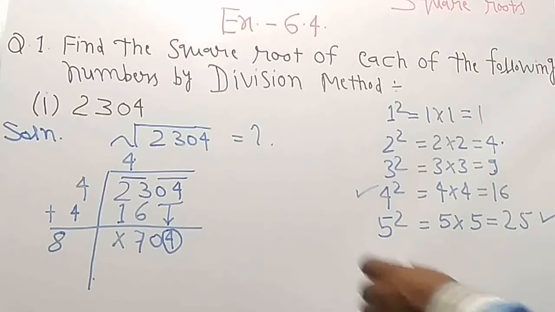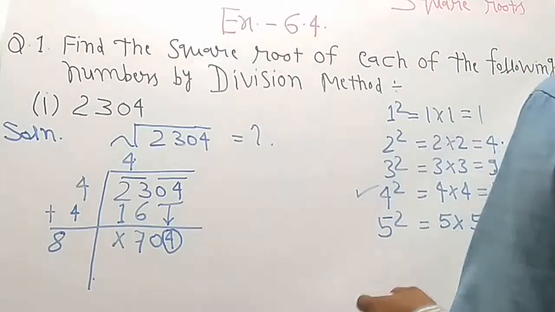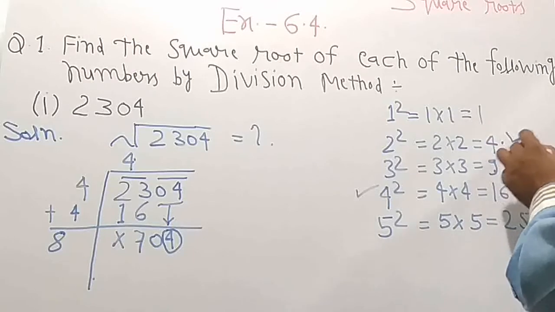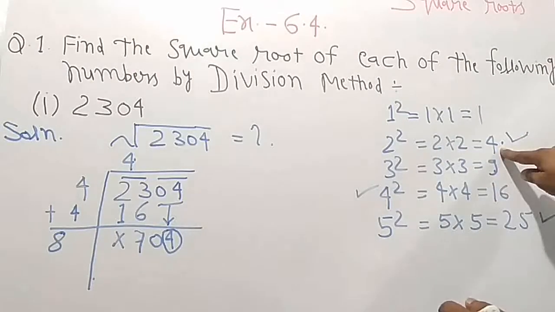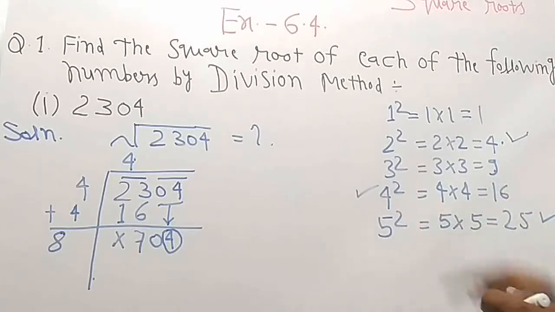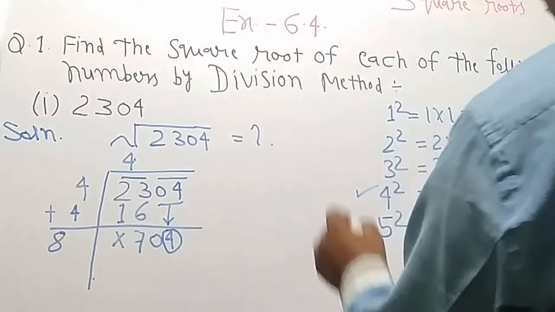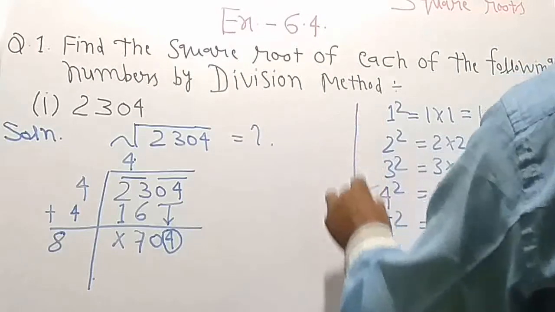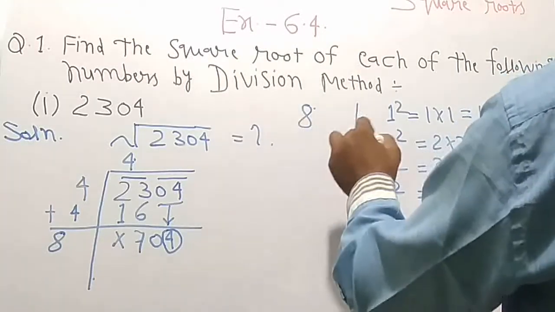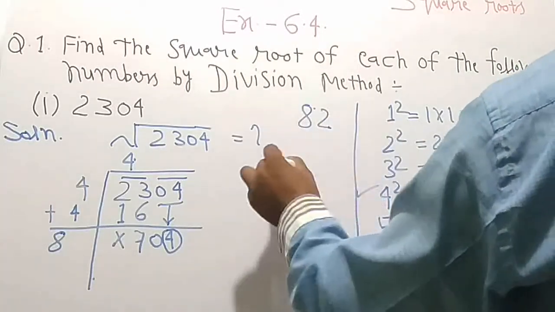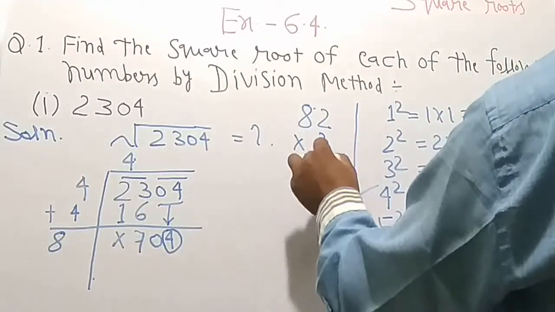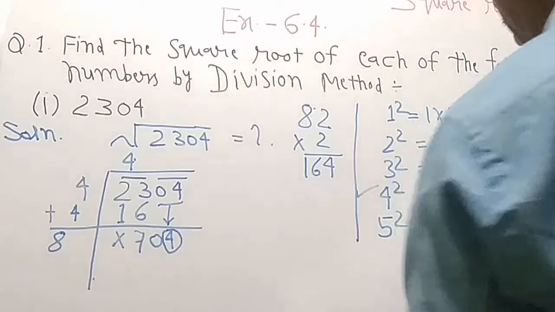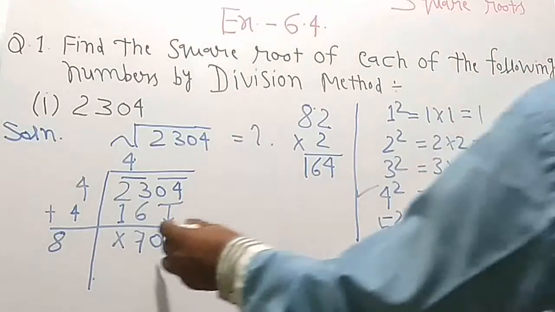So at the ones place we need the 4, then we are using the number 4, because in 4 the number 2 in which the 4 comes at the unit place. So with the 8 we can write 8 2, that is 2 2s are 4 and 2 8s are 16. It is 164 only, but our number is 704.